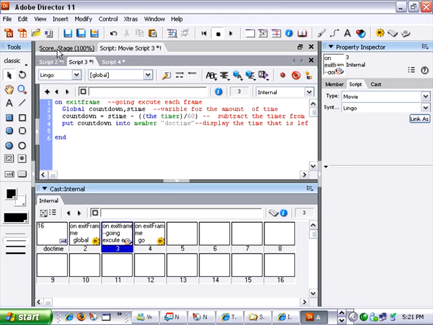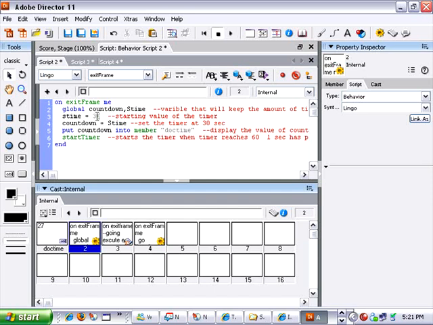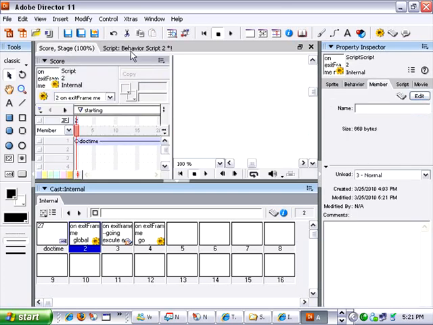Now the timer still works the way it did before. Let's rewind here. It's counting down. Still works the same way. If I go into the startup script now, though, and let's say I want the timer to be 60 seconds, all I have to do is change that to 60. And if I come back out here, rewind and play, it now starts counting down from 60. So I can use this